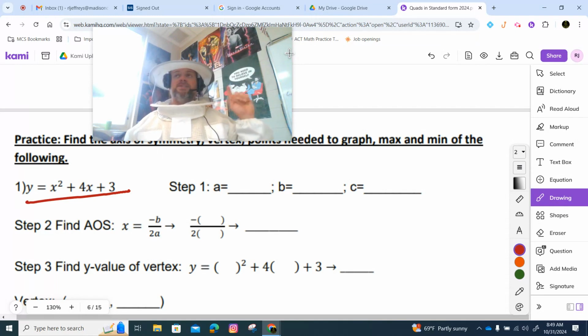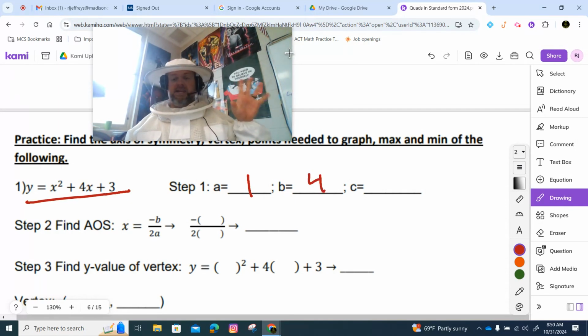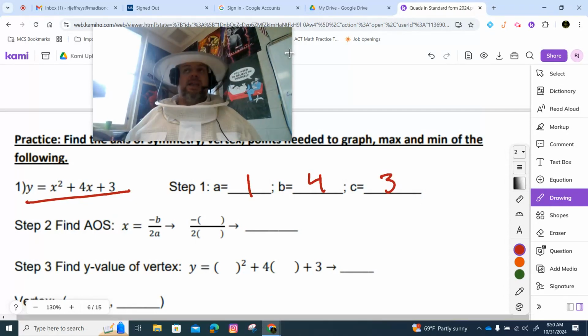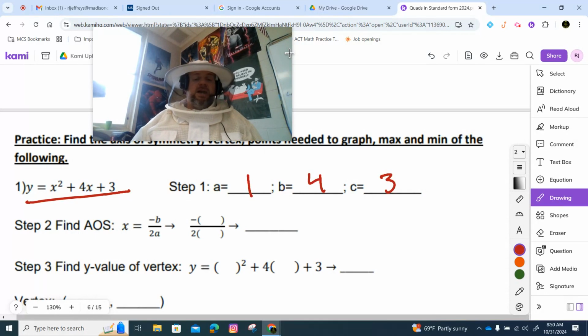So step one, what is our A? What is our B? What is our C? So now we're going to plug this in for our AOS. So our 4 goes here and our 1 goes here. So with our calculator,